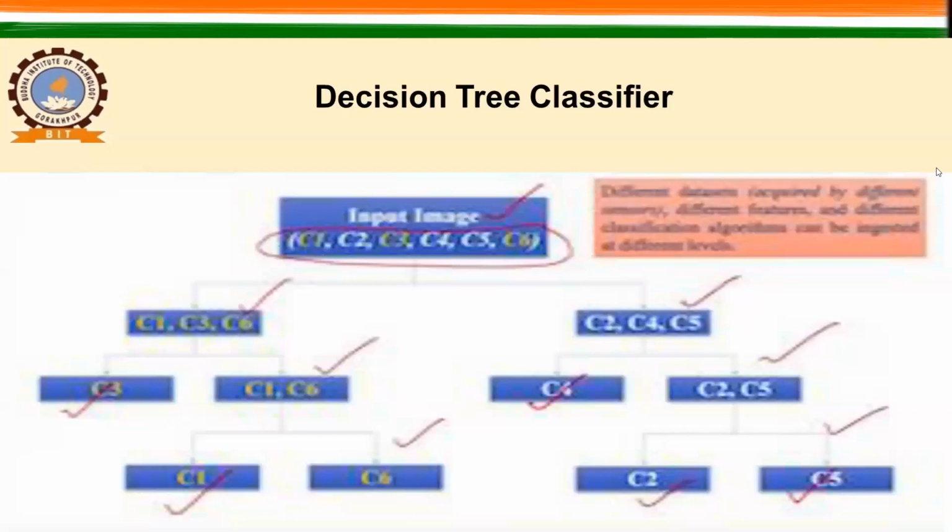So this is decision tree classification. What exactly are we doing? We are ingesting different satellite images or airborne images to segregate all these classes of an area. At different levels, you can change the input data, you can change your decision, or you can change your classification algorithm. So this is the beauty of decision tree classification. Here you have all the freedom, but you will have more error also.